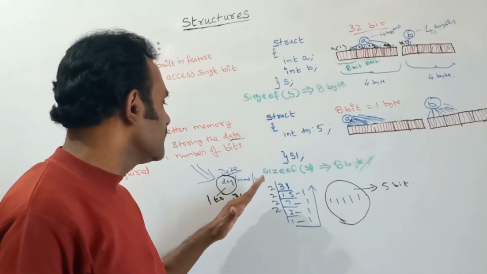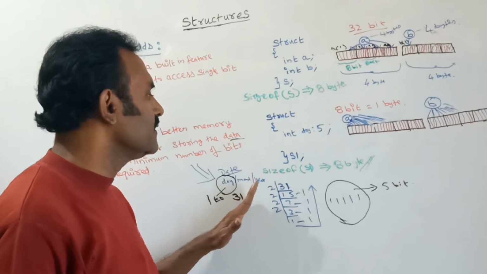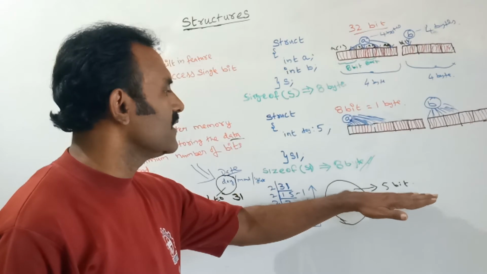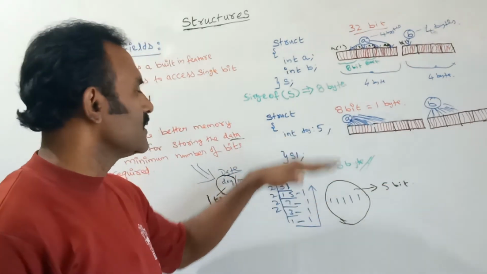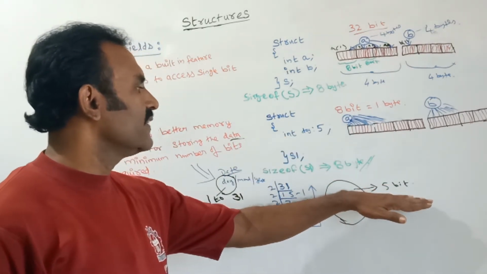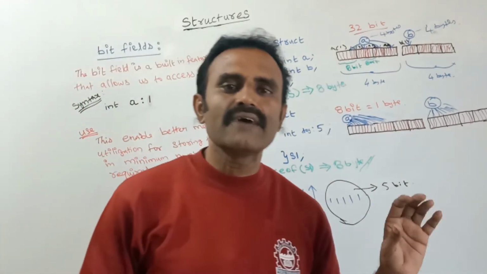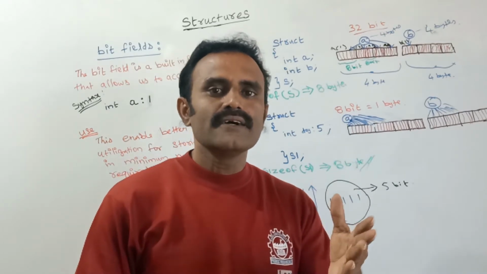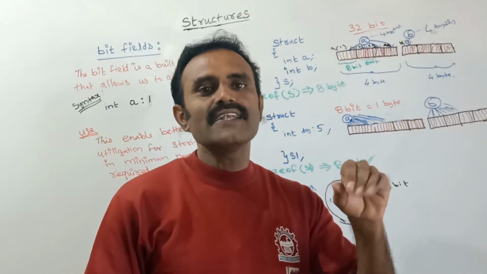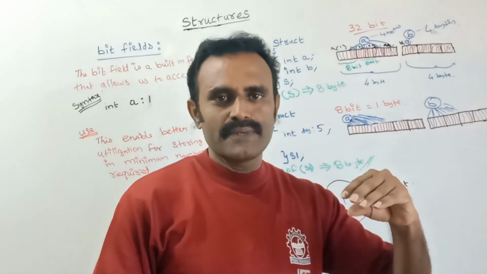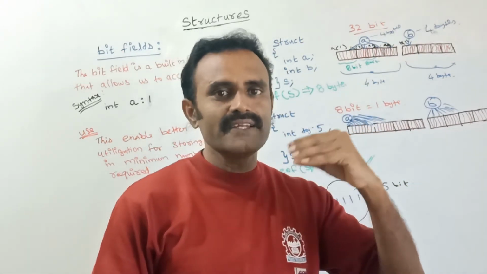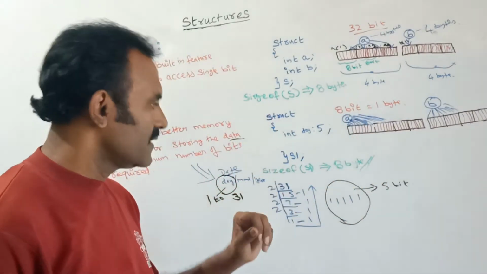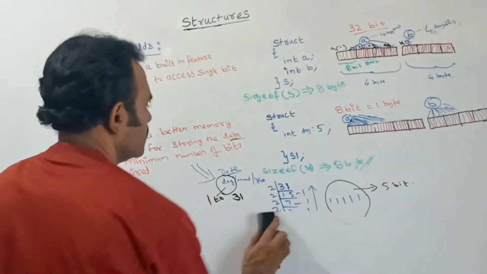See, for date, if I am storing the date 31, then here it requires 5 bits. If I know this bit level correctly, then I can give. Suppose instead of 5 bits, if I am giving a lesser bit value and I am storing the data for that structure member, then the 2's complement values will be displayed. So when we are giving the data, we should know the range and we should give that range. See, now let us see some example.